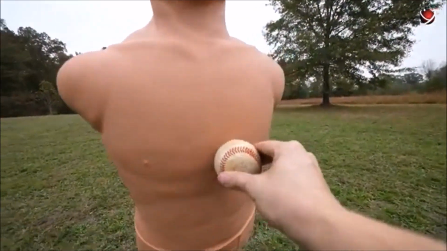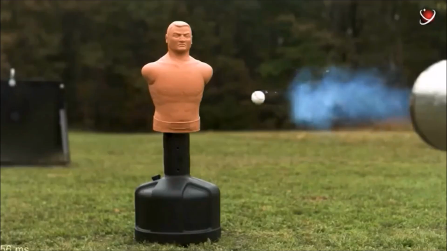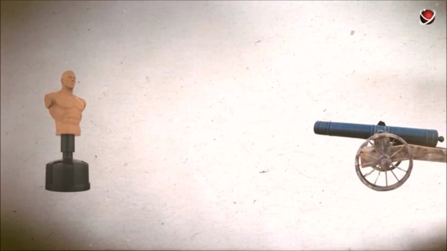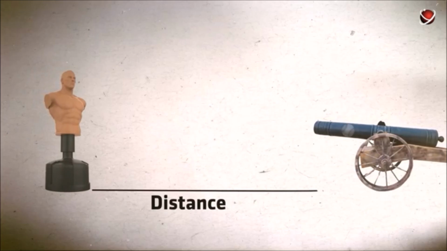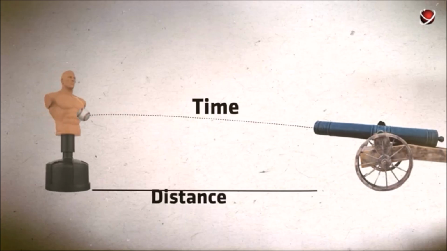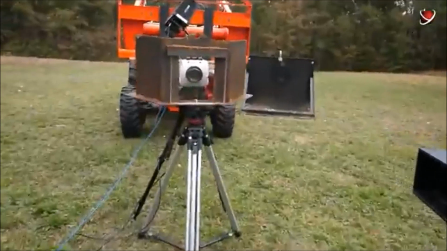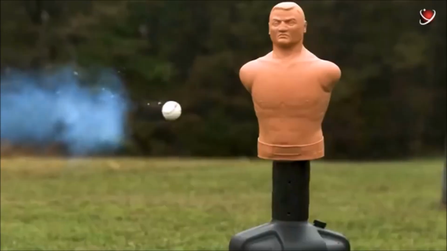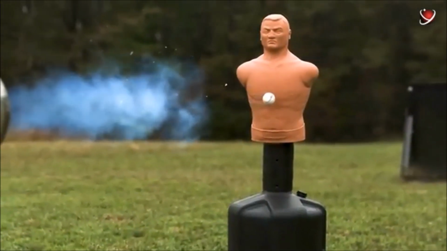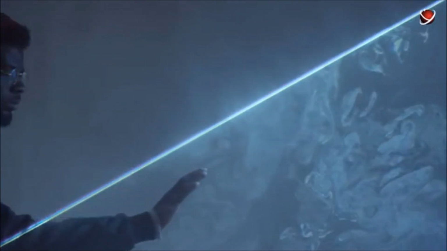Let's go step by step. How do we measure the speed of ordinary objects? For example, how would you measure the speed of a baseball shot from a cannon? For this, we need 2 things. First, the distance between the 2 points, and second, the time it takes for the ball to travel from one to the other. Then we simply divide the distance by the time, and that's how we get the speed. Plus, we have high-speed cameras at our disposal. We can count the frames and correlate them with the built-in camera timer. No problem, so why can't we measure the speed of light in the same way? After all, it would seem that even our great ancestors did this repeatedly hundreds of years ago.